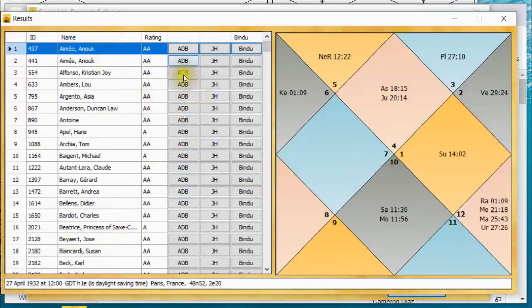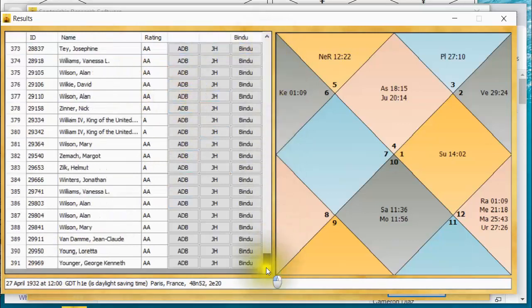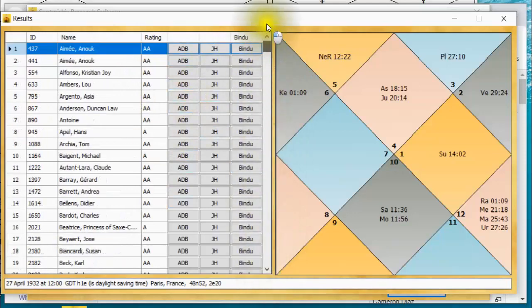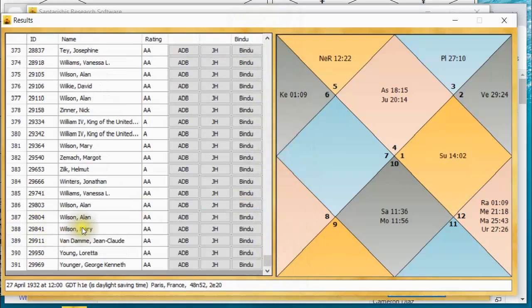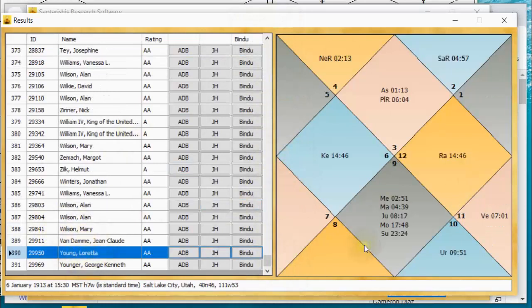So here's my list. How many did I get at the end? I got 390. Whoops, what did I see right there at the bottom? Oh, Loretta Young, country and western singer. So I'll start at the opposite end of the listing this time and just see what we find. So let's remind ourselves, what was I looking for? A Kesari yoga, where the moon and Jupiter are literally in the kendras, and there's some degree of strength, virtue of Jupiter's placement. So let's see what's going on.